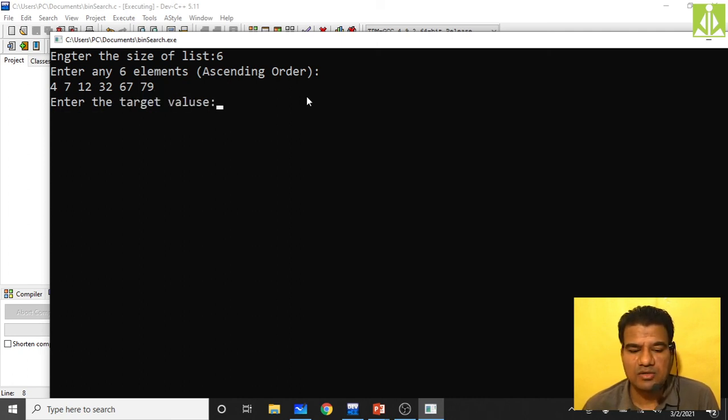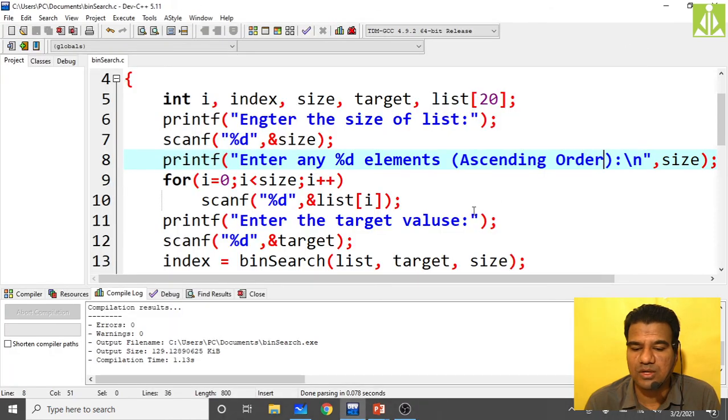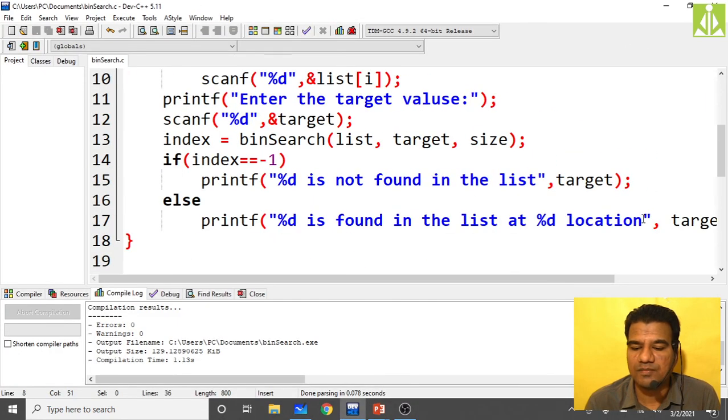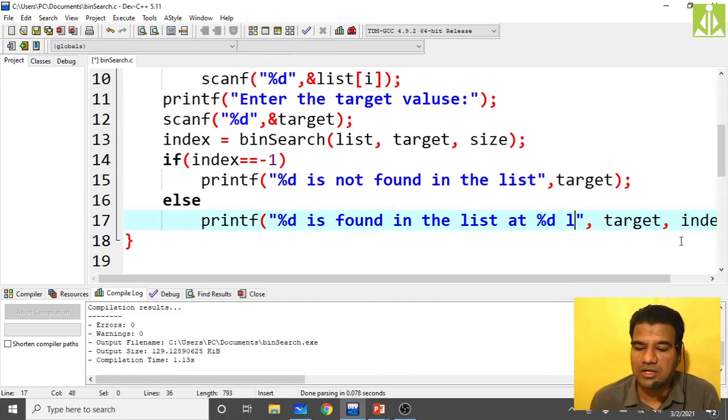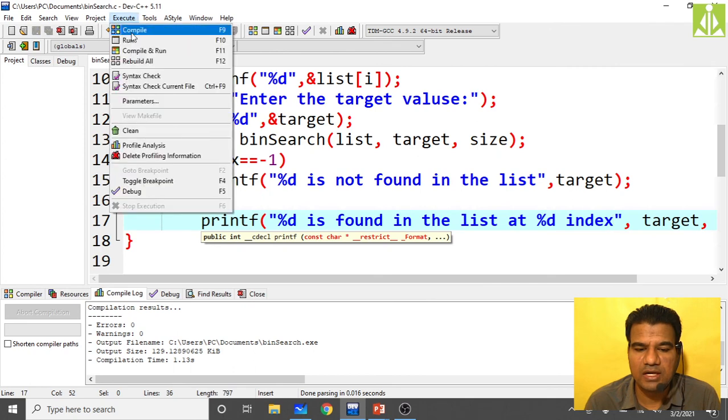It is asking me to enter the target. So suppose if I enter 79, it is there in the list. Hit enter. 79 is found in the list at fifth index, that is 0, 1, 2, 3, 4, 5. We have to put index value. We should not put location over there. Location means maybe some different meaning we will get. So index, okay, at fifth index. Save it. Now again compile,